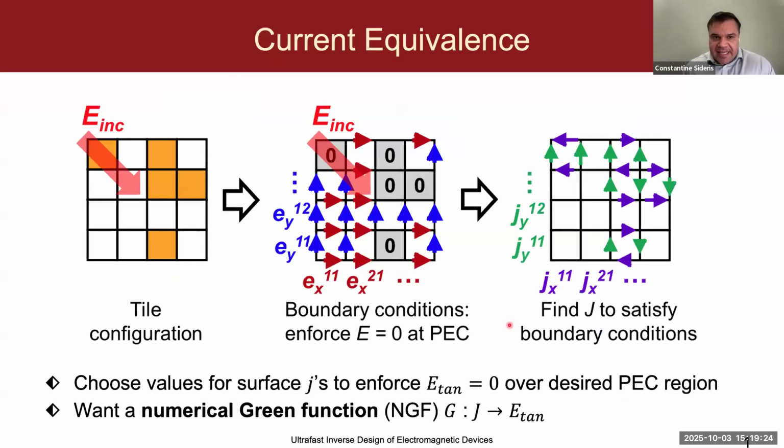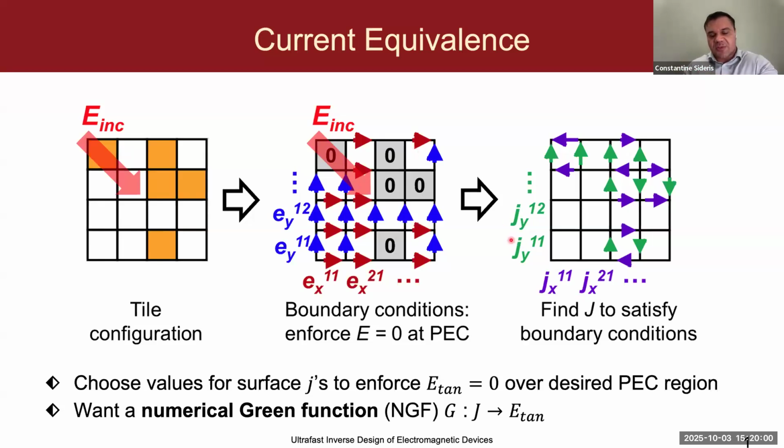So for a given design, what we need to do if we, for example, want to represent these pieces of metal for some sort of incident field is that we need to find the coefficients for the co-located current densities wherever there are pieces of metal, such that the combined fields produced by these current densities, summed with the incident field, satisfy the boundary conditions of Maxwell's equations, which for metals, for perfect electrical conductors, those boundary conditions are that the tangential electric field on those pieces of metal is identically zero.